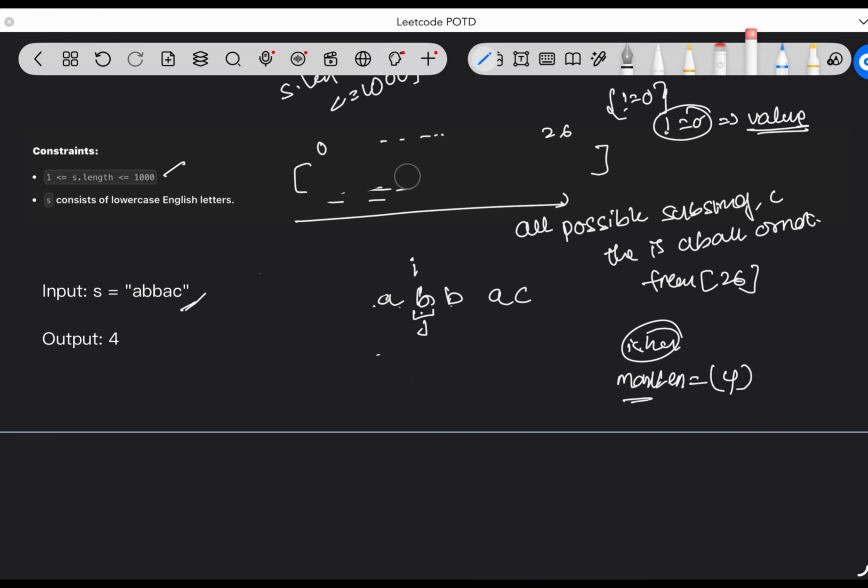So now we need to update our array. Now the frequency array will have 0 again. We will reinitialize the array. Now we'll start from here, and we'll repeatedly check by generating all substrings. Okay, let's write